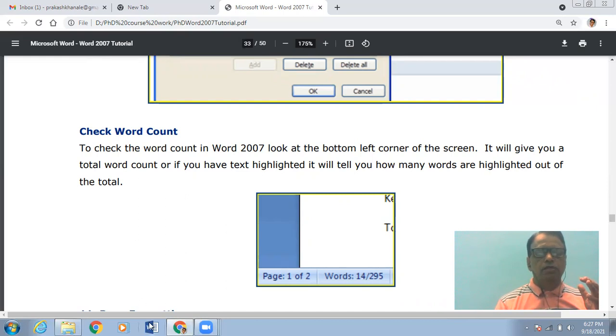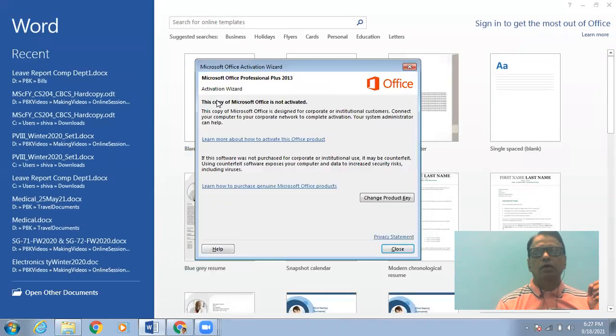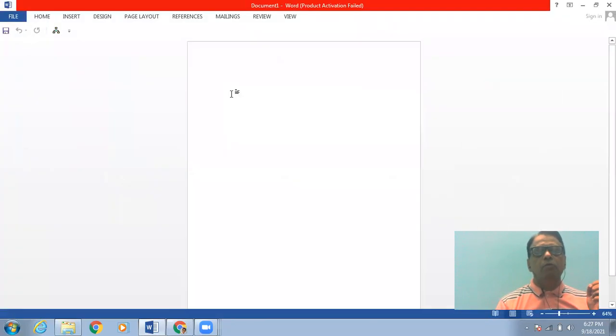Now, it is possible that we can check with these facilities. So for that, I will click on my Microsoft Word, and then I will open a blank document. And now it is possible that I can type some text.